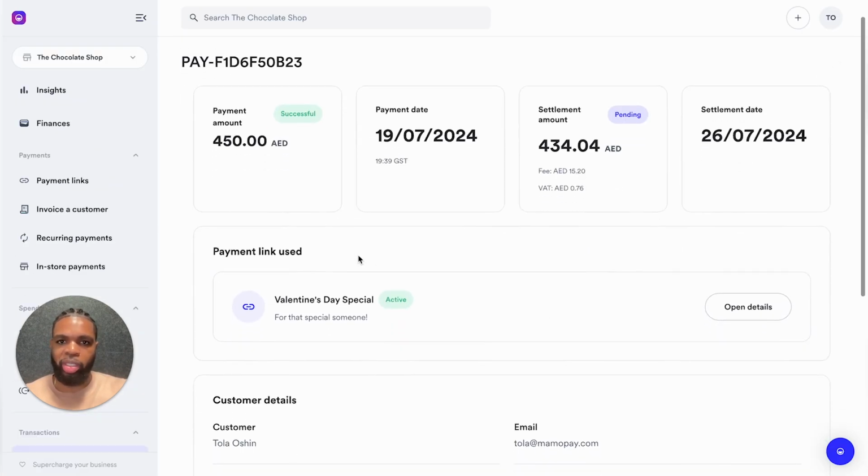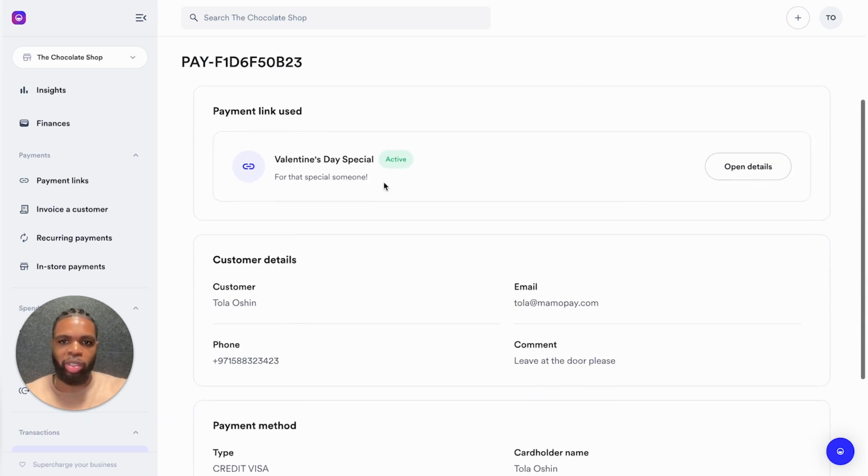And finally, we can see all of the details in relation to that payment, such as the total amount paid, the payment date, how much will be settled, so that's the total amount minus the fee and VAT, when you can expect that payment to be settled to your available balance, and of course all the details around the payment link that was used and the customer's